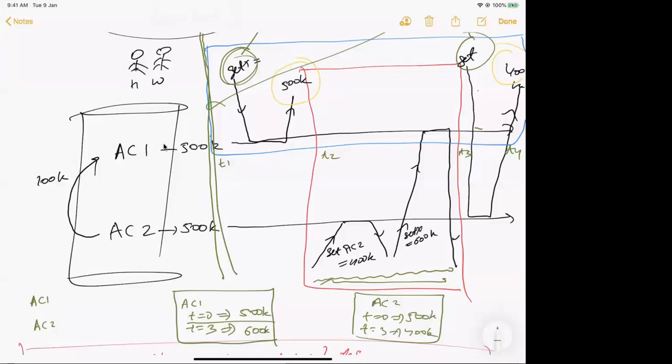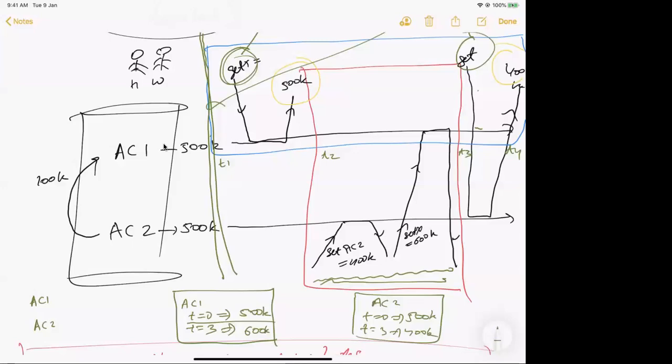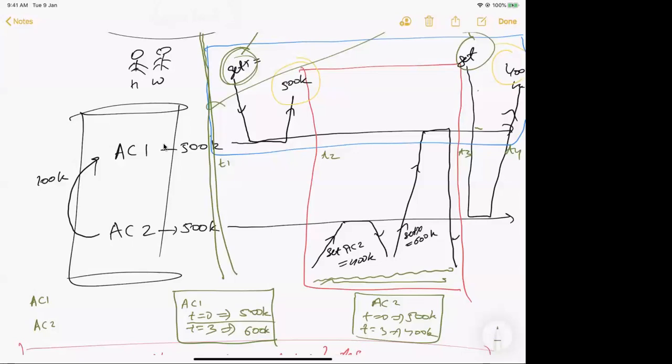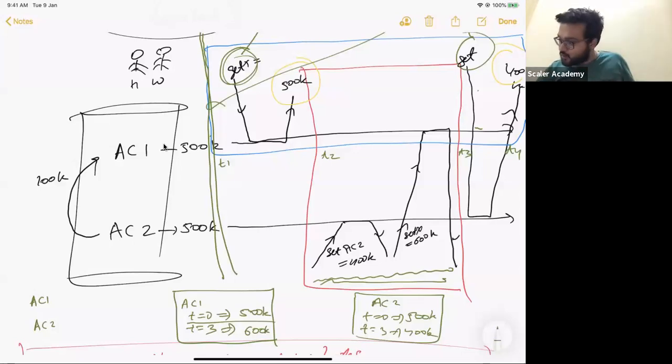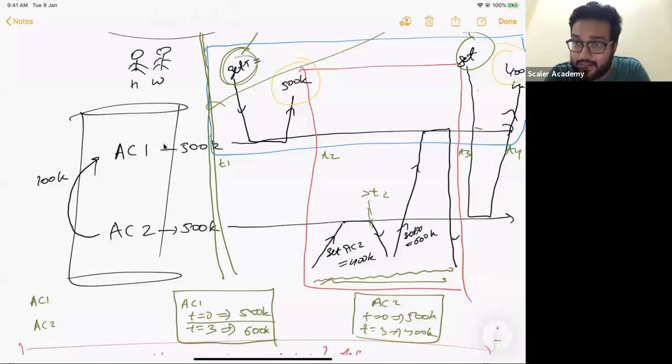Hey, Suhail. Yeah, hi. Why do you say that it should be T equal to 2 for account 2? Because the value of account 2 is changing at time equal to 2. We update set account 2 equal to 400k. At T2 we are changing the values in account 2. No, we are not changing the value of account 2 in T2. We actually change the value of account 2 at this time, which is something greater than T2. But that was a partially committed state. Do you understand? Yeah, I can understand.